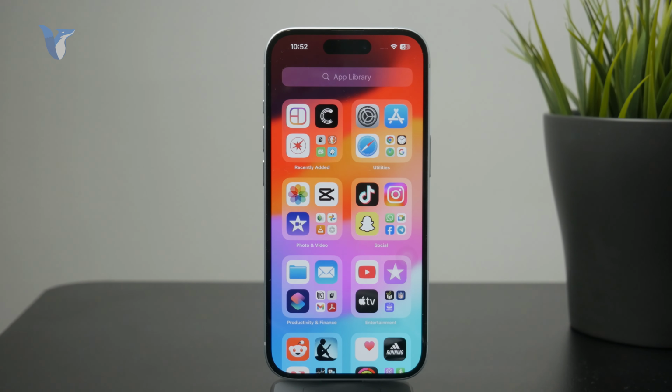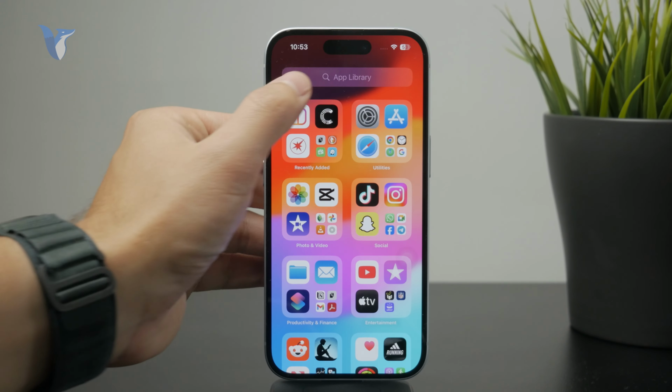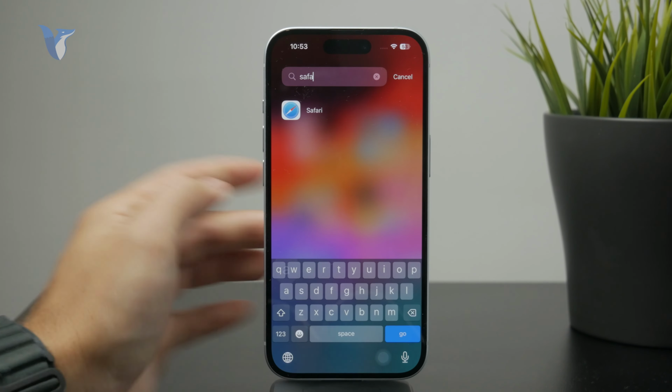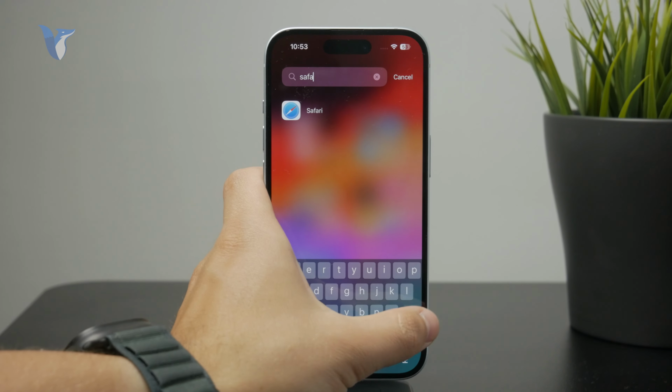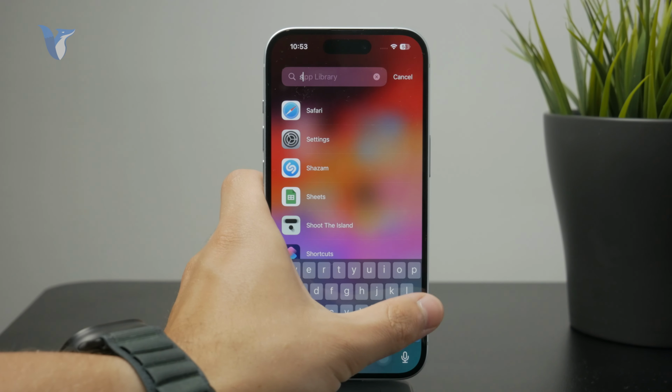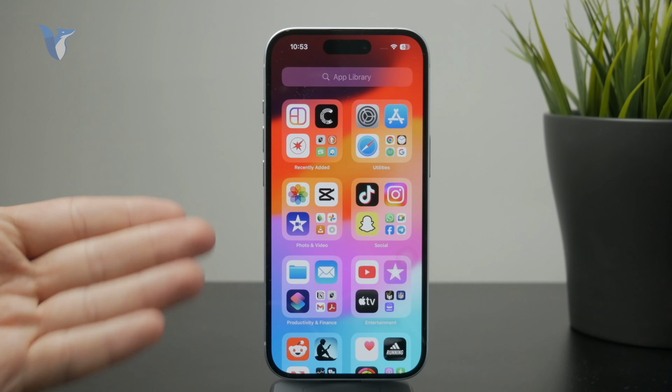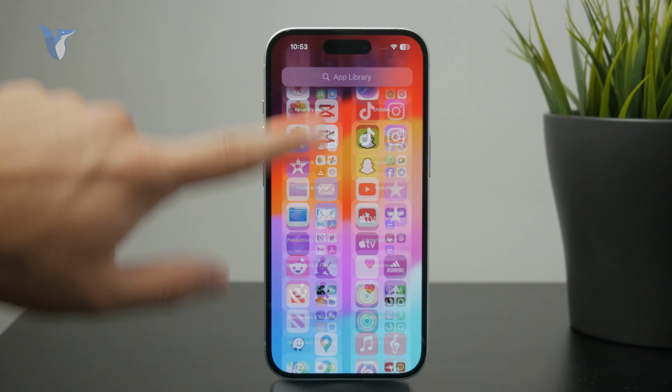This is a place where every single app that you have installed is, or you can find it in the list if you click on the search. And the app that you are looking for should most definitely be here as long as it's downloaded and installed on the iPhone. If not, you also need to pay attention to the hidden folder,